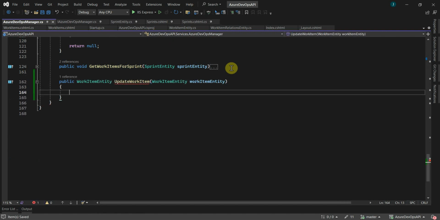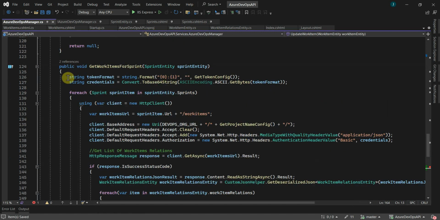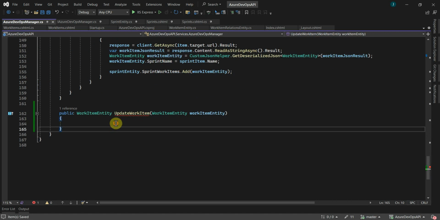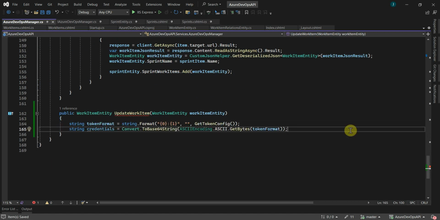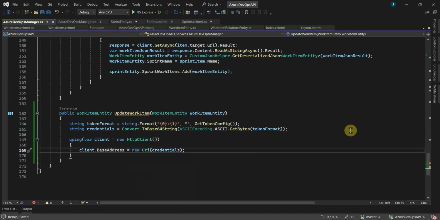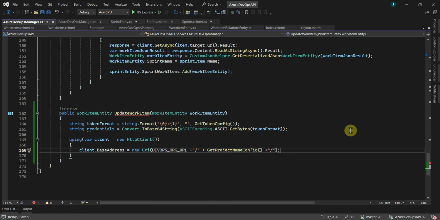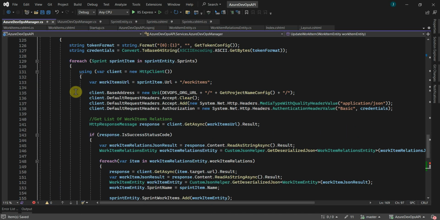So again, to authenticate, I will use the token format and credentials as we have used in our earlier videos and implementations. So I'll copy this and paste it here. Now let's create a new HTTP client. We will provide the base address